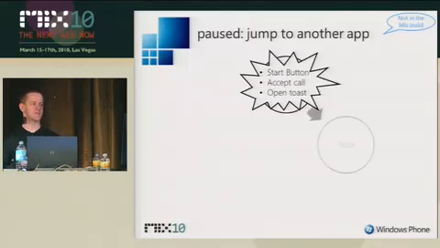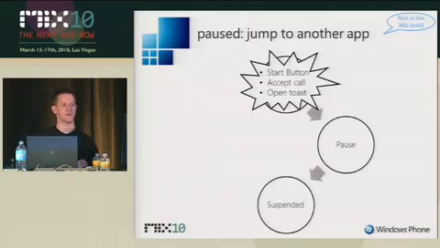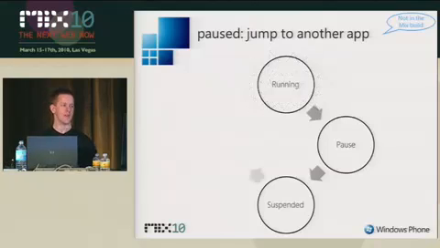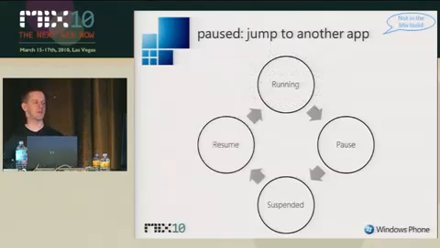So in this case, what happens is we send you a pause event to say, hey, pause, stop what you're doing. And we do actually suspend your application in this case. So in the previous instance of, say, reminders and so on, your application keeps running. In the case of switching to a different application, your application does actually stop. And then, assuming the user comes back to your application, we will give you a resume event saying, hey,